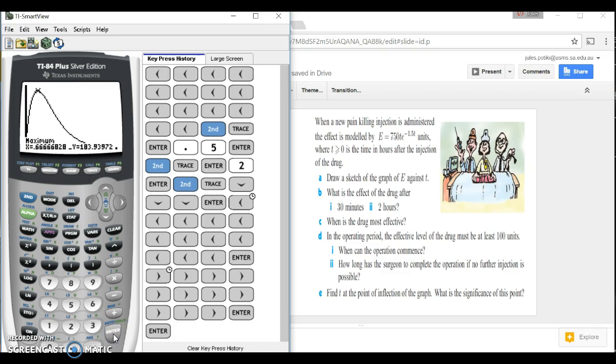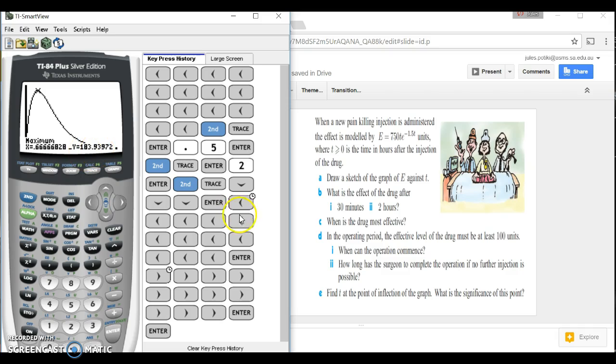Enter, and we can see that it's found our maximum here. So the maximum occurs at 0.6666, which we know is 2/3, right? So at t equals 2/3 of an hour, we have a local maximum, and the value of the size of the drug effect at that time is